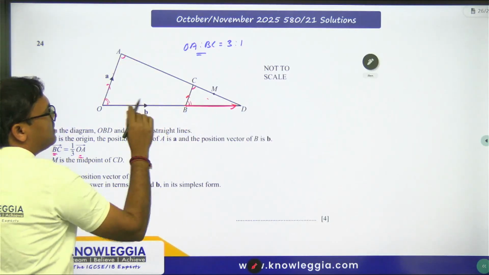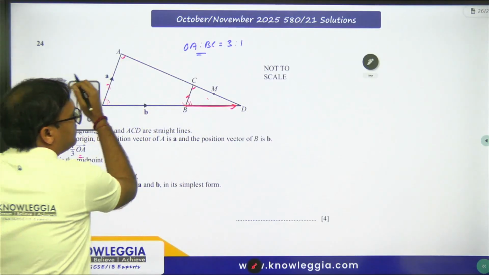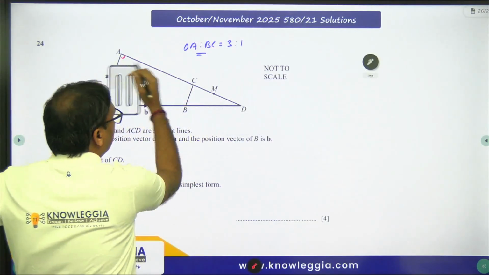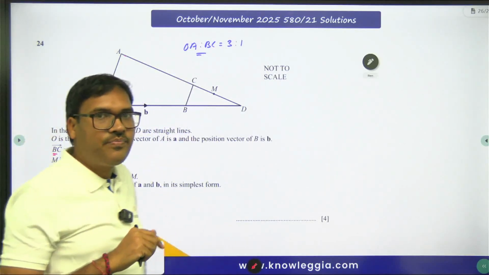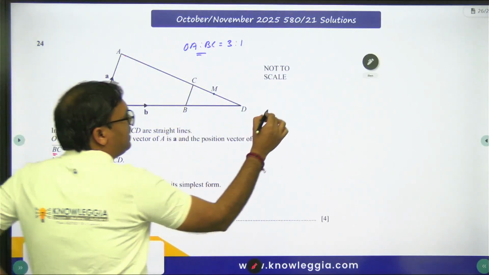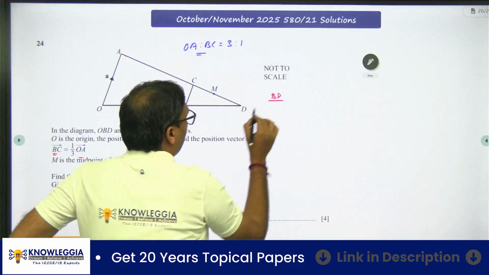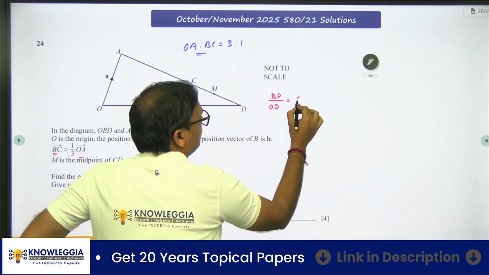That means these two triangles, the smaller triangle and the larger triangle, are similar. So if the triangles are similar, the ratio of the sides will be the same. So if this ratio is 1 is to 3, that means BD